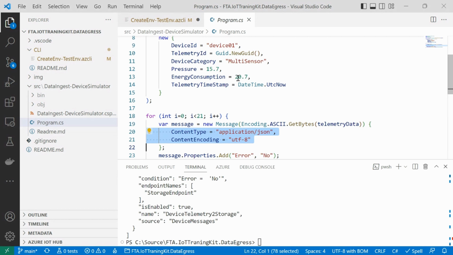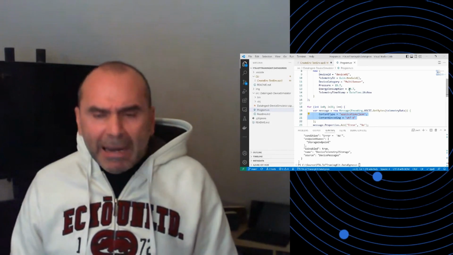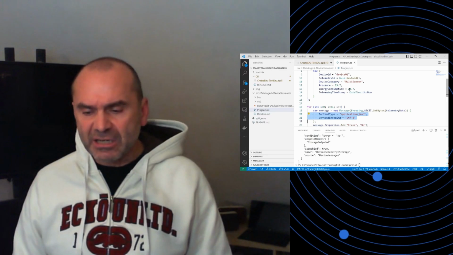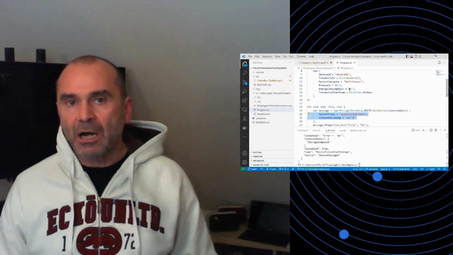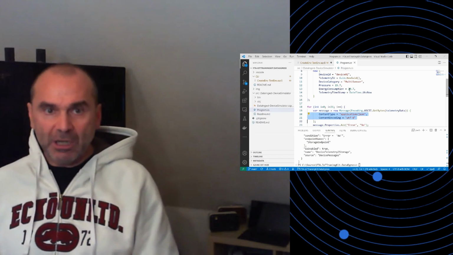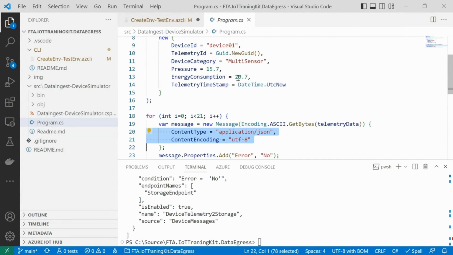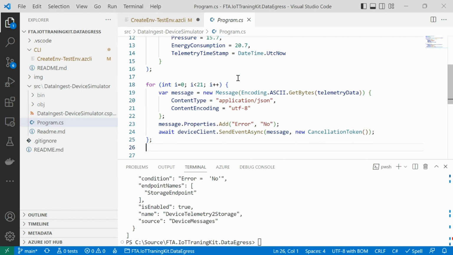Whenever you have routing enabled in your applications, and you have the feeling that the messages might not end up at the route that you have configured, please check the content encoding to really enable IoT Hub to look into the payload. Because for IoT Hub, it's just bytes which are flying in, and we really have to tell it, hey, these are UTF-8 encoded messages, so that IoT Hub really can execute on the criteria that you have provided.